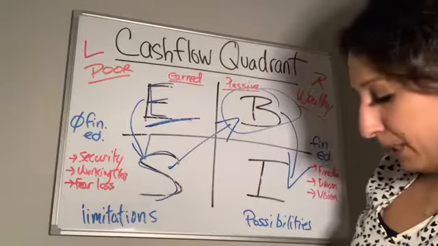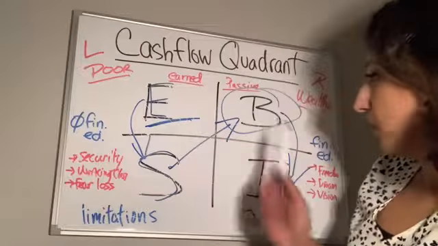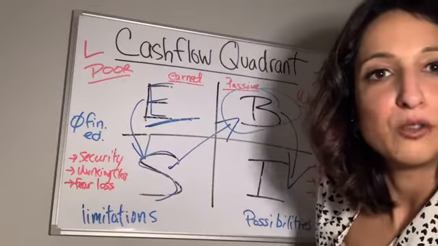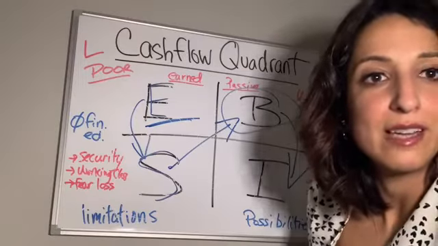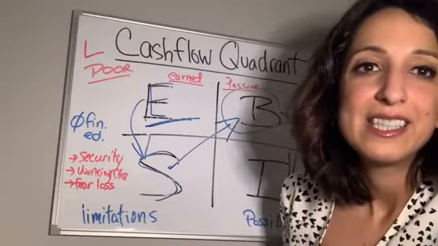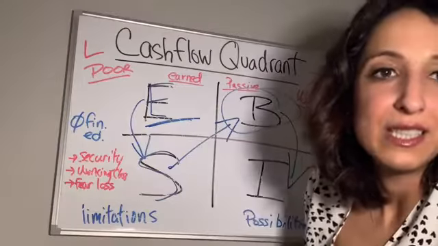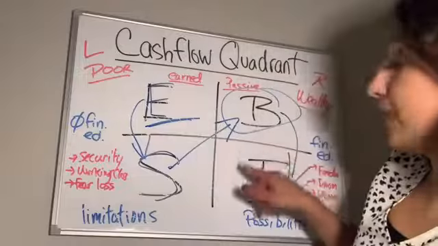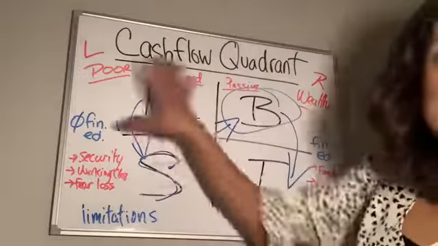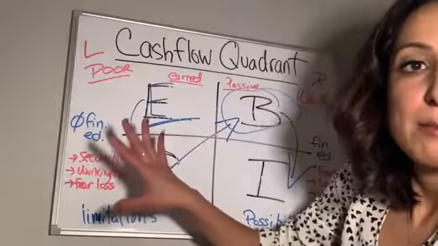And then you have big business owners who come in and they're like, well, I'm very successful in business, so I'm going to be great in real estate. I'm going to be great at investing. And chances are, sometimes they're not. Why? Because every quadrant is very different. But what makes a difference between this and this is the financial education. So on this side of the quadrant, you don't need any financial education. You can get by perfectly fine.